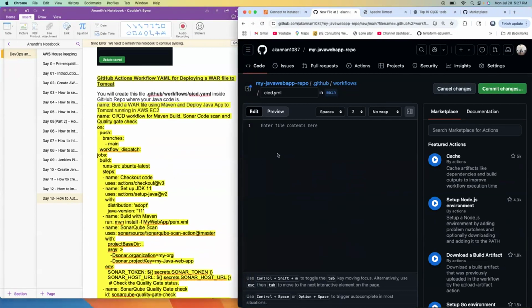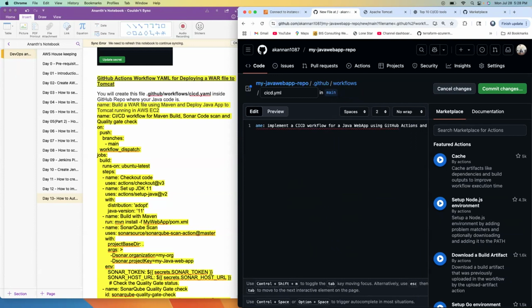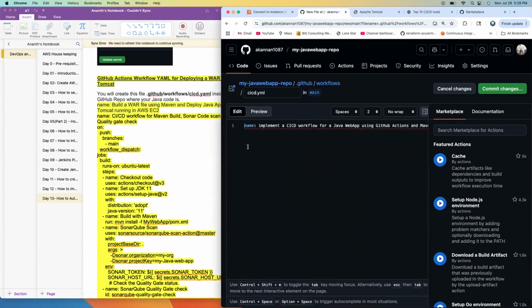All right, fantastic. So now let's start implementing our workflow. So first things first, right? Let me start with the name. So I'm going to say implement a CI/CD workflow for a Java web app using GitHub Actions and Maven. Perfect. So now let's go ahead and continue here. So if you remember, we are going to trigger based on the push event, right? Okay, so you're going to say on colon and then 2 spaces. Please remember 1, 1, 2. Okay, and then colon, and then where you want to trigger, right? So we want to trigger on branches. So you're going to say branches,